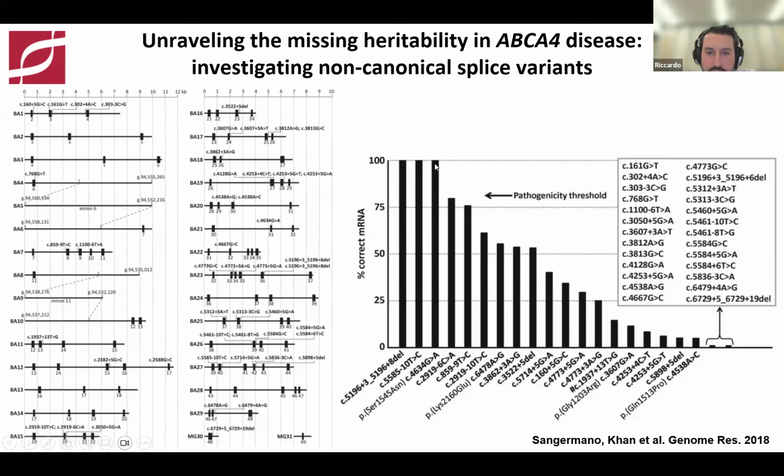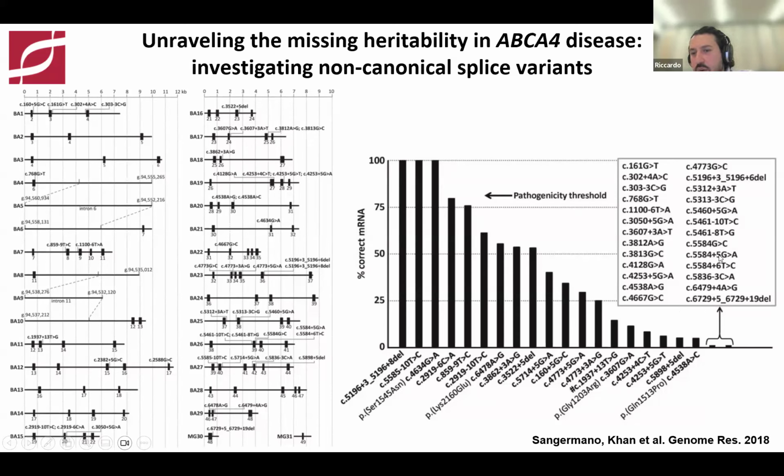But we also managed to rule out variants that, although they had some prediction, in the end resulted wild type. And it's also nice to see that, for this variant, this is another -10 variant, this variant was giving no splicing defect. You might see another position, -20, giving a moderate effect,